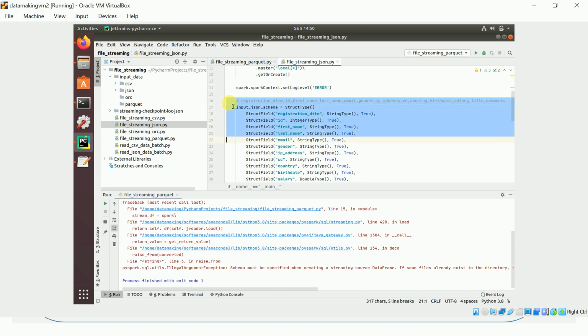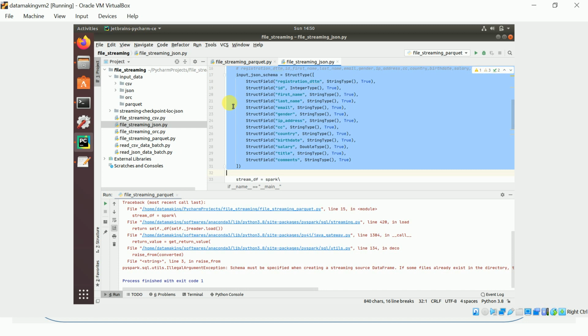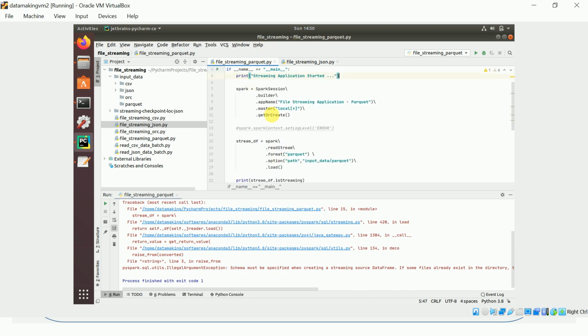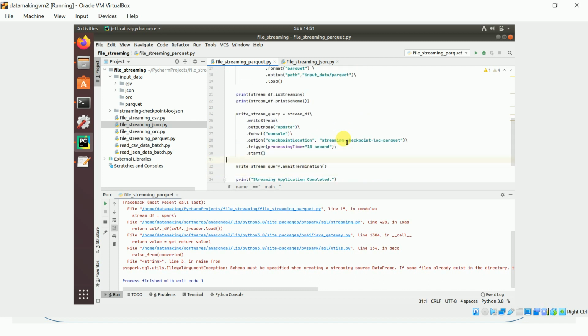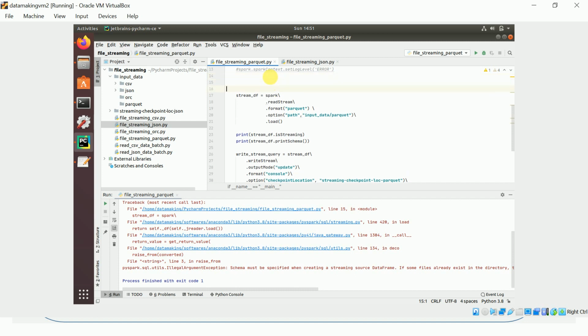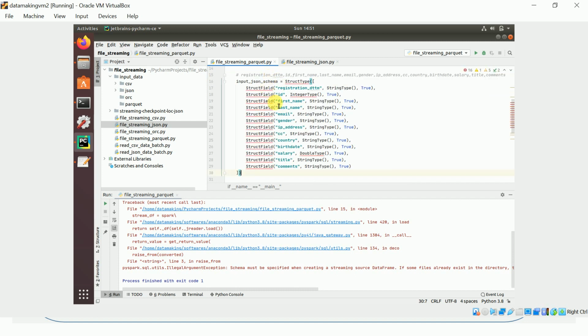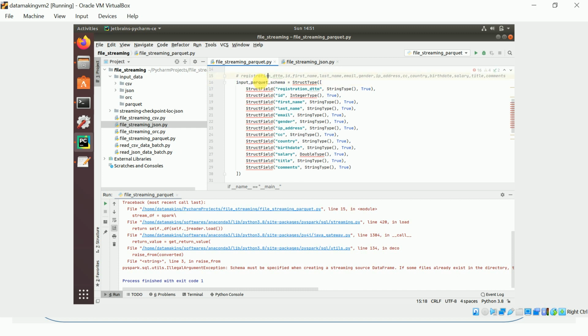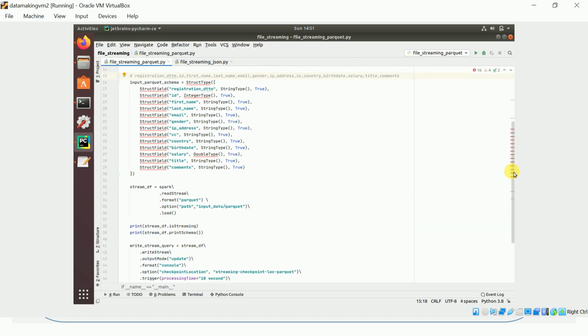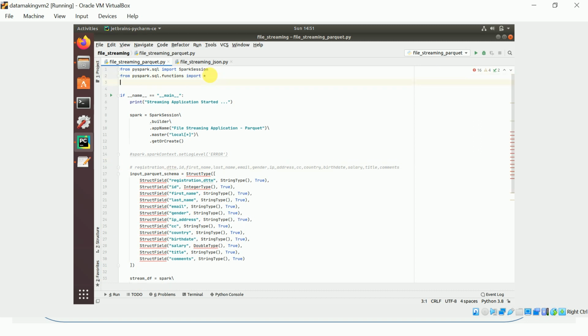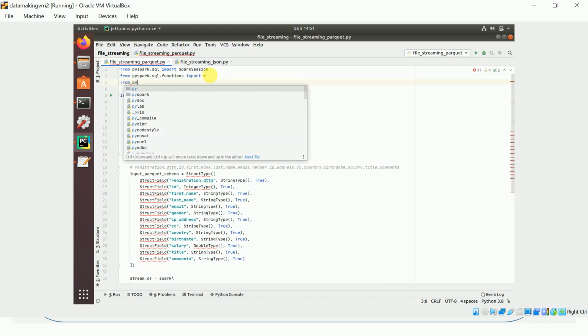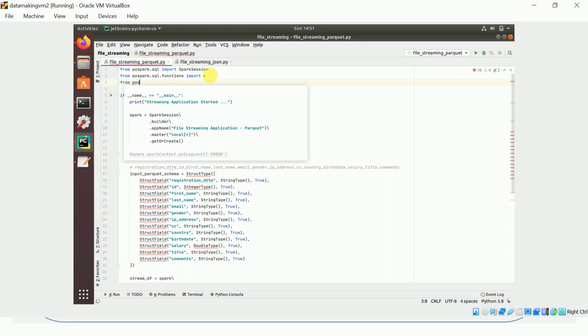What I want to show you is the Spark Web UI. I forgot to show it in the last video. Now I'll define a schema here for Parquet. From pyspark.sql.types import star, all the data types.